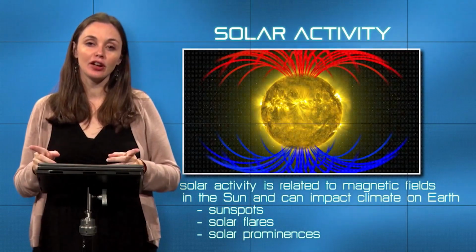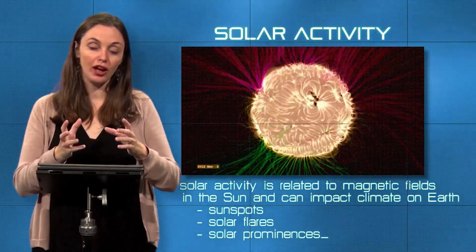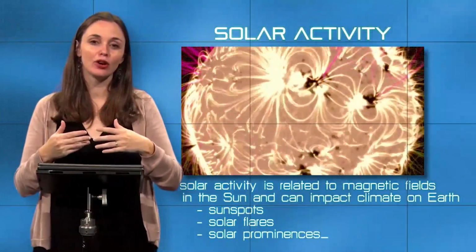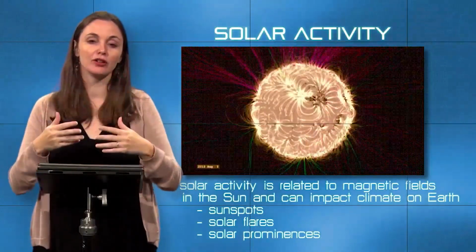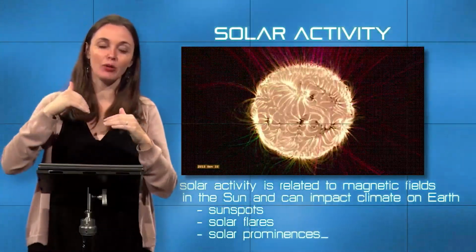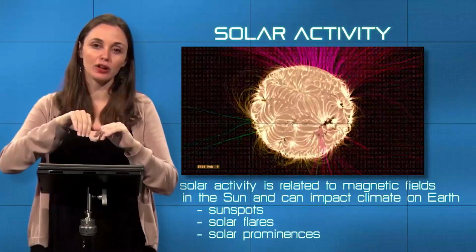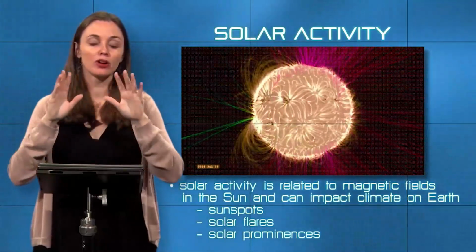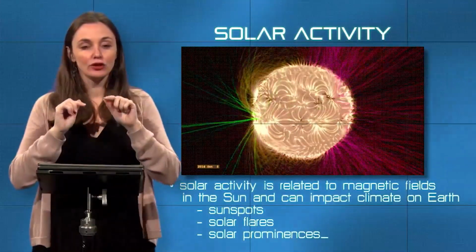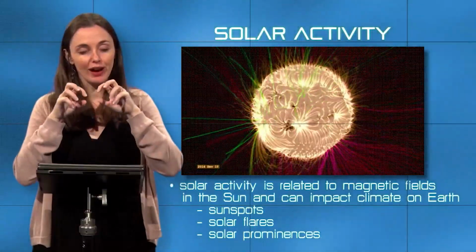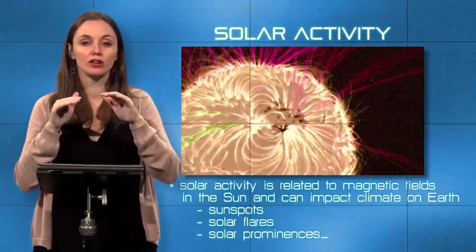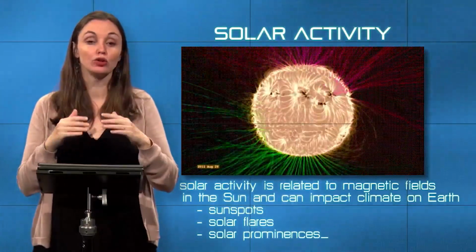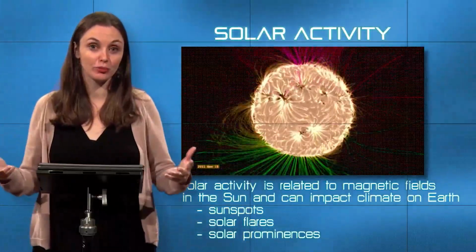Through an 11-year cycle, the sun's rotation causes the magnetic field to get kind of tangled up so that these field lines don't run smoothly out of the south and into the north. Instead, they sort of start to run haywire. They start to run in and out of the surface of the sun, spread across maybe its equator, spread across its surface. These little loops in the magnetic field are going to be tied back to places on the surface of the sun where conditions are a little bit colder. And those colder conditions are going to correspond to dark spots on the surface of the sun, or sunspots.